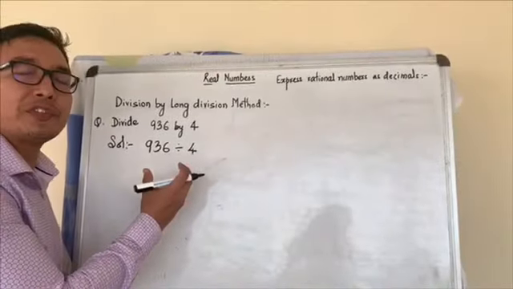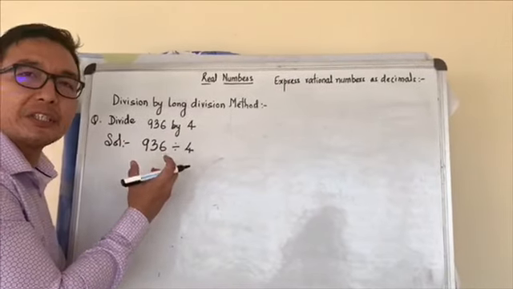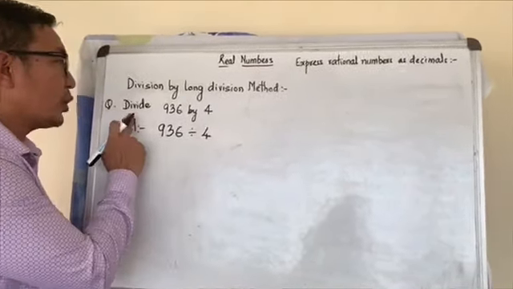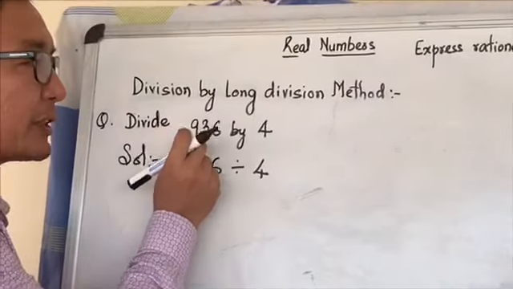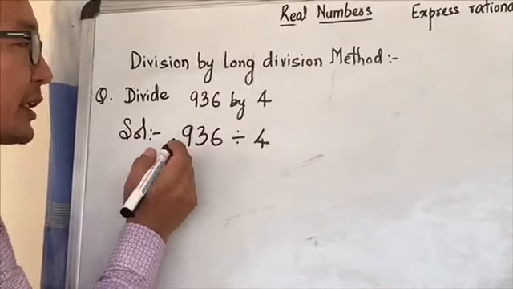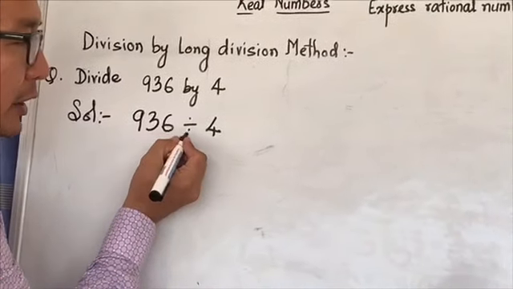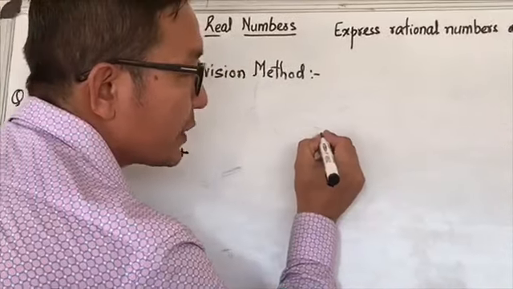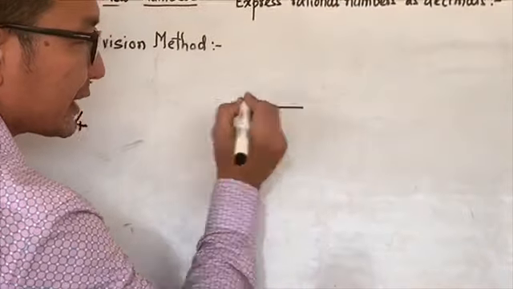Now we are going to divide 936 by 4. So 936 divided by 4. Since we are going to do it by the long division method, this number